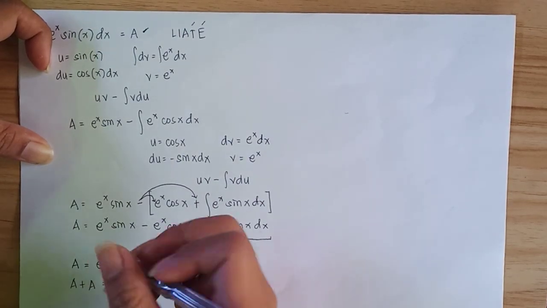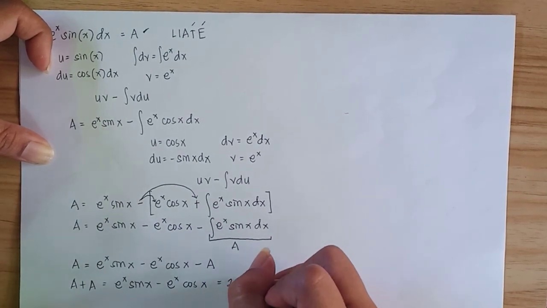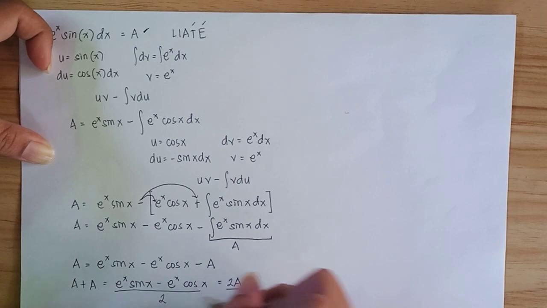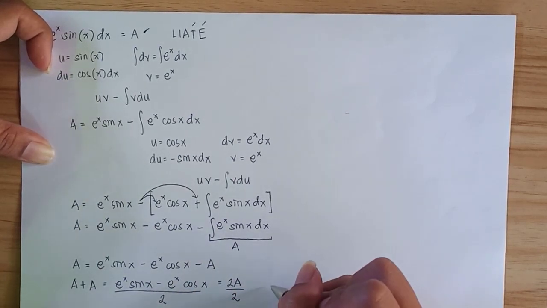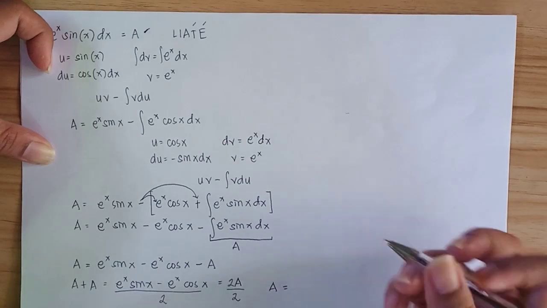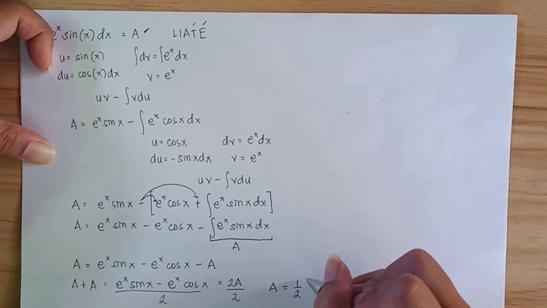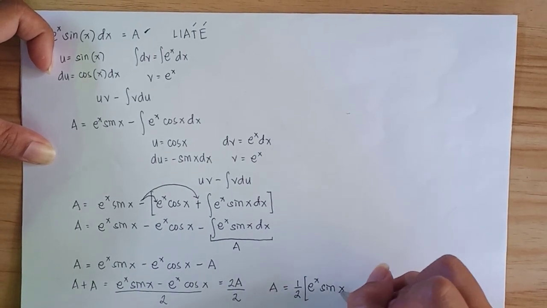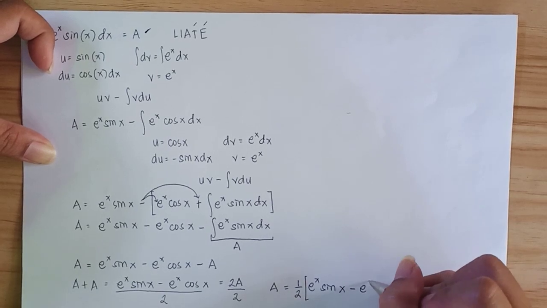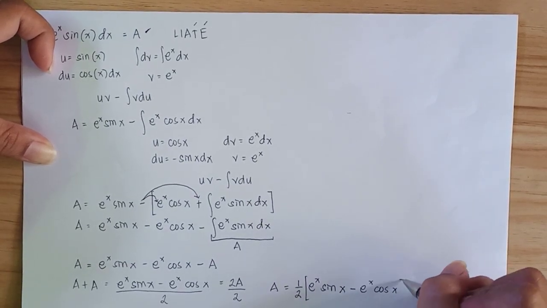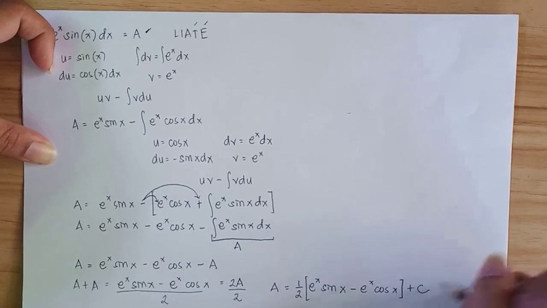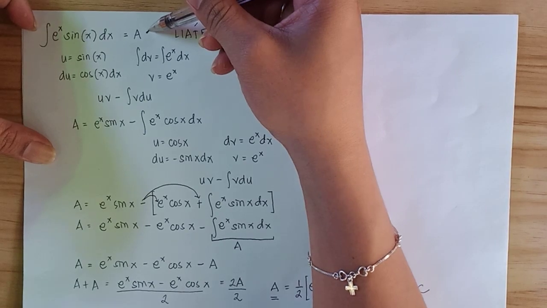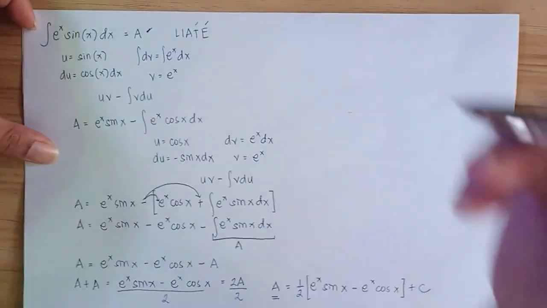Then you will have it equal now to 2a. Then dividing both sides by 2, you will now have a as 1/2 then e raised to x sine of x minus e raised to x cosine of x plus c, wherein a is the integral of e raised to x sine of x dx,